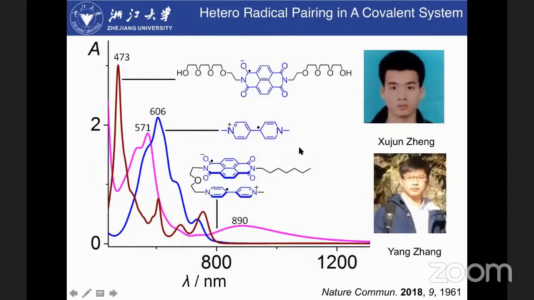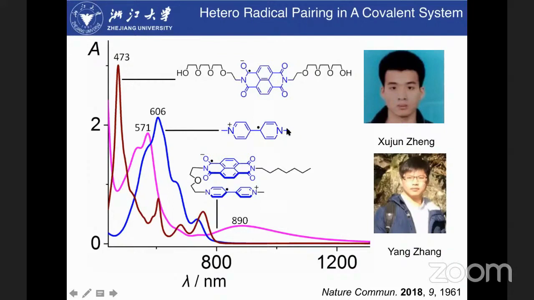My students bought this compound and we did the reduction. This is a typical absorption spectrum of the viologen radical cation. And we synthesized a naphthalene diimide with a glycol chain for solubility reasons, and we also did the reduction. You can see this is a typical radical NDI. My students mixed these two species together, and they were rather depressed. There is no switch of the absorption. If you mix them together, you just get an overlap of these two species.